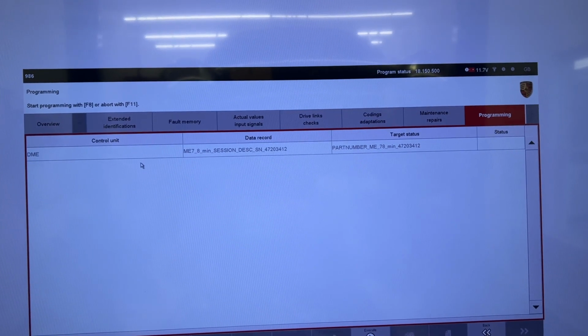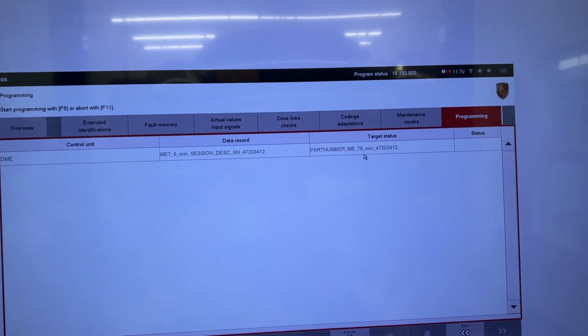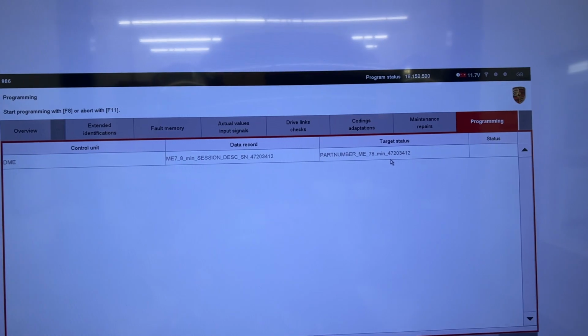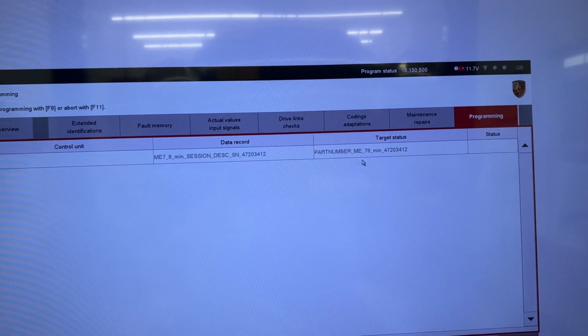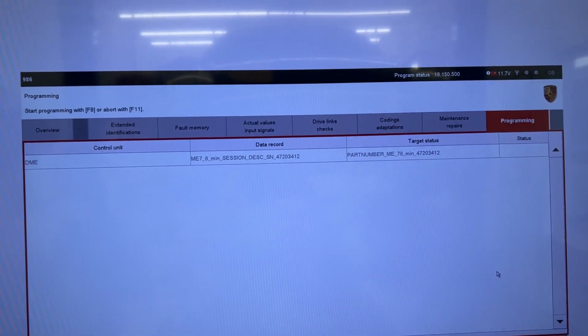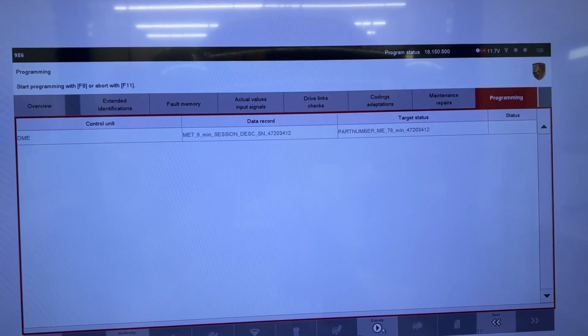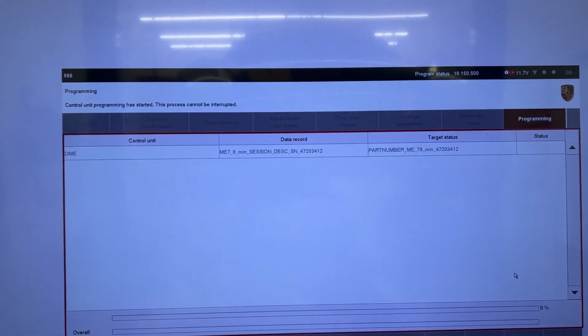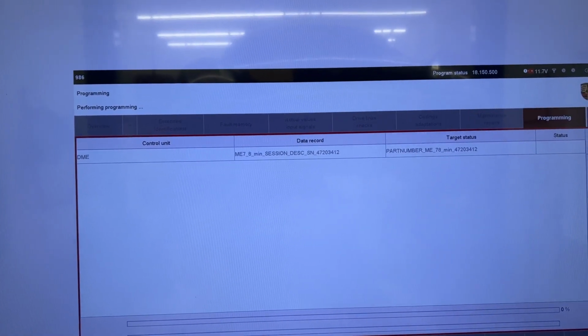Oh boy, okay. So we have a data record, a target status. All right, that is more than before we got. So F8 to execute our programming. Preparing, performing. I think this is a good time for a public service reminder. Do this at your own risk because